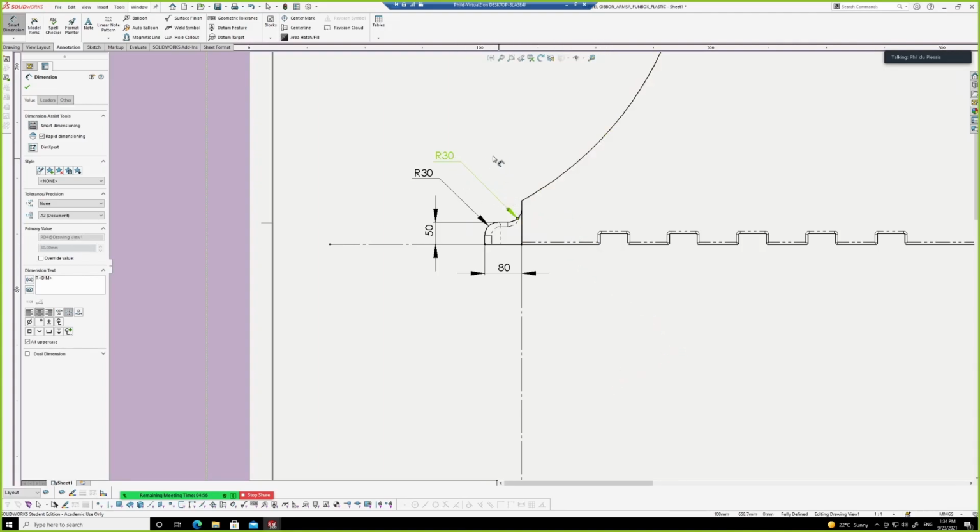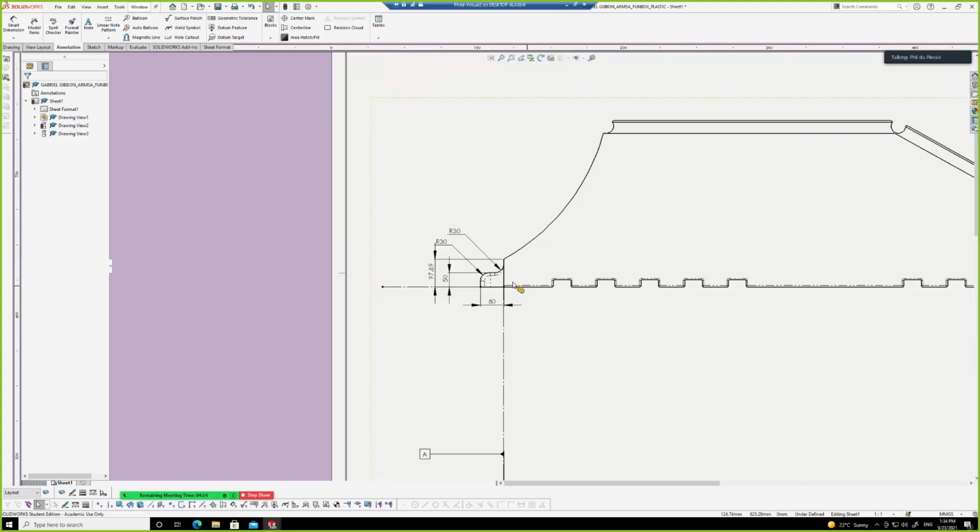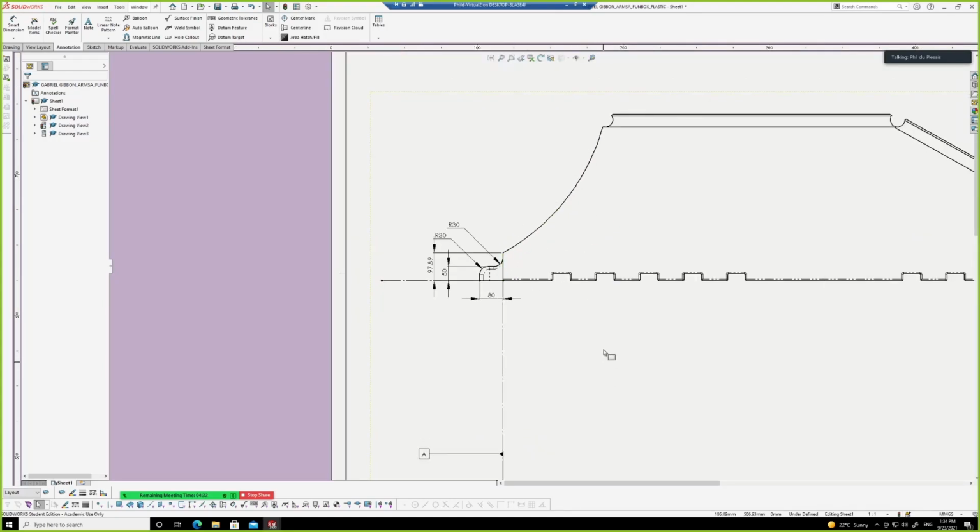So do it systematically. That's one feature done. It's everything that you need to know in this view is done. Let's go to the next one. So this radius here starts from a certain point. I know it starts at the 0 point because here's my datum. So I need to go from there up to there. So I've got position 2 dimensioned, and I need to go from there